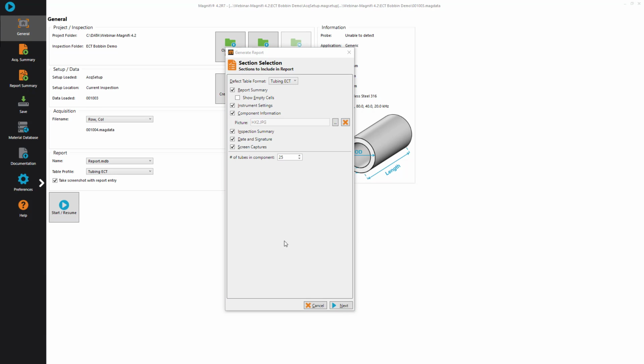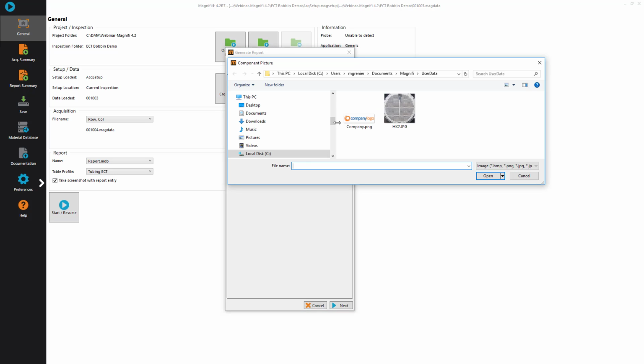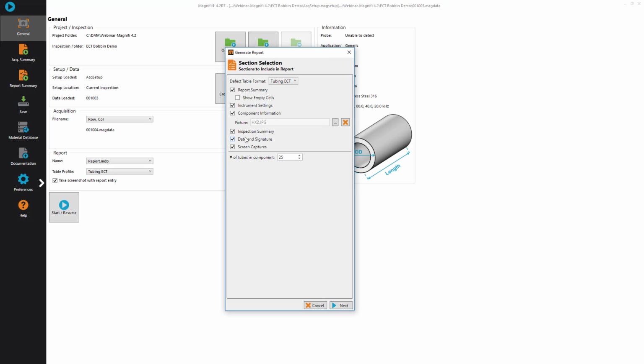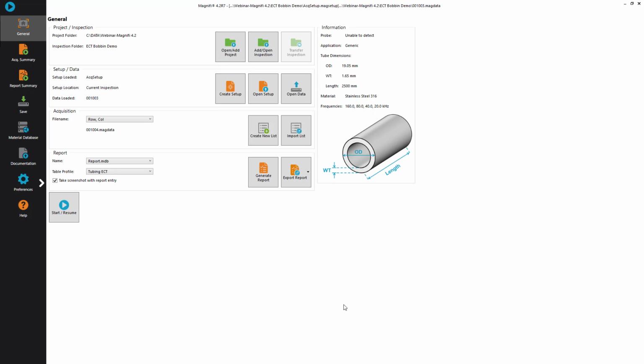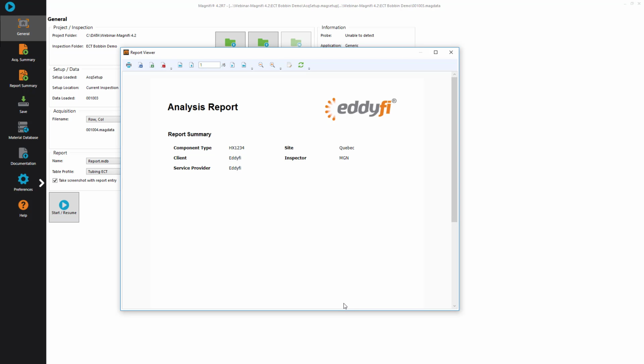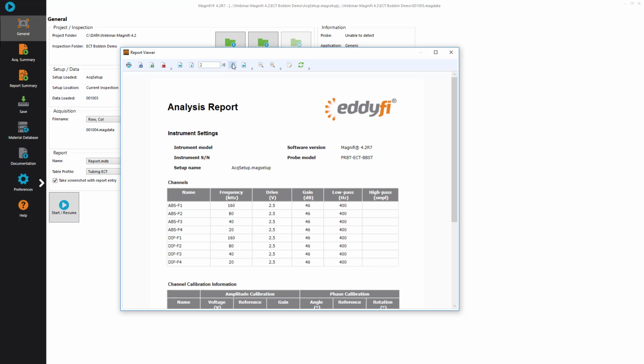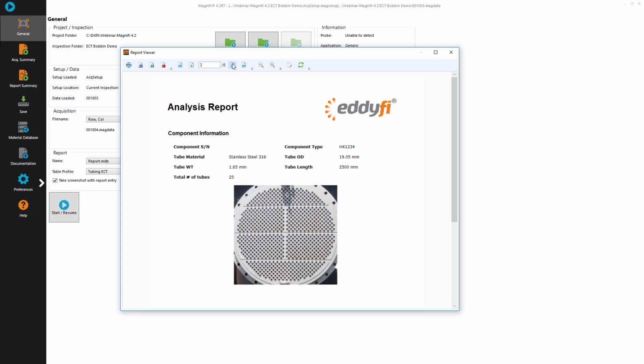For tubing inspection, we can select the table format. We can even select a picture of the heat exchanger that we may have taken at the beginning, and select different sections. We need as well to define the number of tubes in the component, and we can complete the report summary, and the report is generated with multiple pages including a summary, the settings of the instrument,